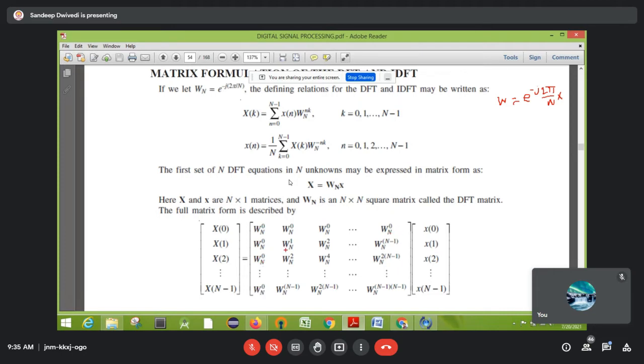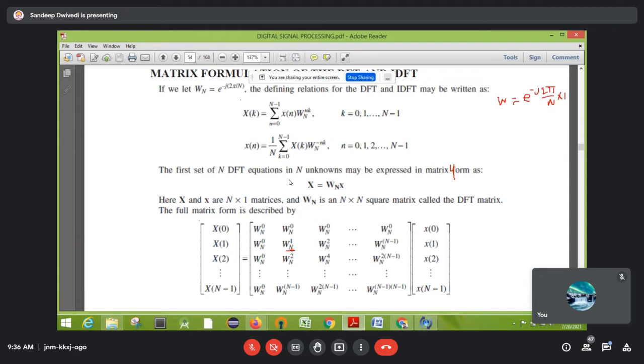Now this value you need to calculate, w raised to power 1, so here you need to write 1. This capital N will be given in the question, so depending upon that you calculate the matrix. For example, if you are calculating a 4-point DFT, the value of capital N will simply be 4, and this matrix will be 4 by 4. This n minus 1 will be 3, this is also 3, so the last element will be 3 into 3, that means 9. W raised to power 9 will be the last element. How many elements will there be? A 4 by 4 matrix means 16 elements, a total of 16 w's.